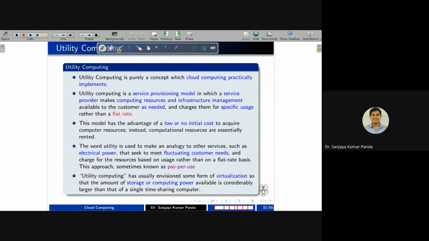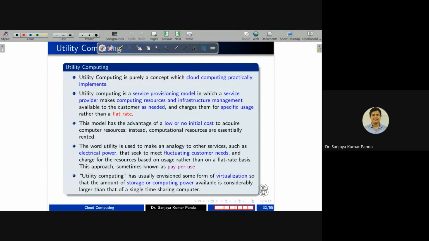So utility computing, as the name suggests, utility indicates that it is based on your usage. If you use more, then you have to pay more. If you are not using, you are not going to pay. For example, if you are out of station for 1 month, then your electricity bill you are getting is a base charge. Let's say the base charge is 100 rupees. So you are getting the base amount. Let's say in the base amount they are giving some 50 units. So if you are using up to 50 units also, you are going to pay the base amount. After that, if you exceed the quota, you are going to pay based on your usage.